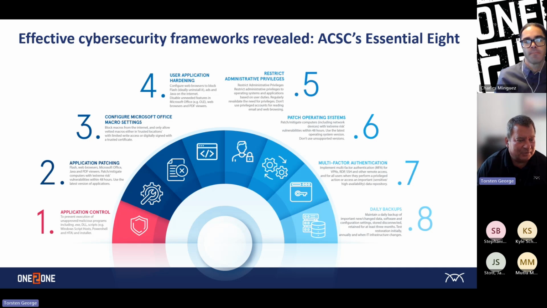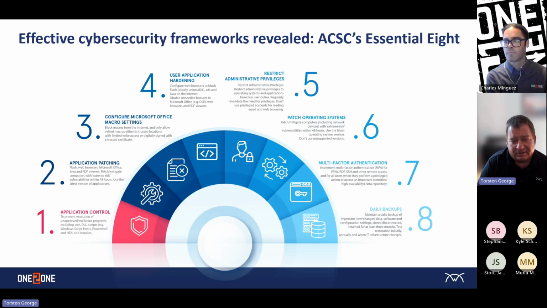So it's about application controls, especially nowadays that we access applications in the cloud. It has become very important to secure that because a lot of our sensitive data nowadays resides in Salesforce.com or in other SaaS applications. Patching your applications, configuring your Microsoft Office environments accordingly, hardening your environments, restricting privileged access for the people that really have access to your crown jewels, automating your patching practices, and as I mentioned